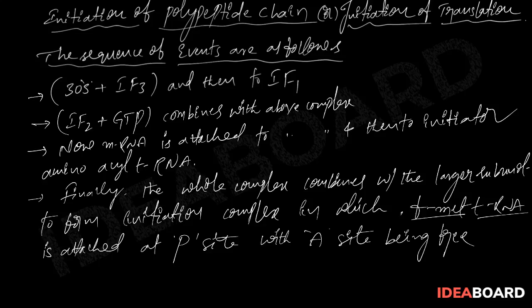So that means the starting or first amino acid, with its tRNA, directly enters into the P site instead of the A site. Hence there is no translocation for the initial tRNA. During this process, GTP is hydrolyzed to GDP and inorganic phosphate. As a result, the initiation factors IF1, IF2, IF3 are released and they can be used again and again.